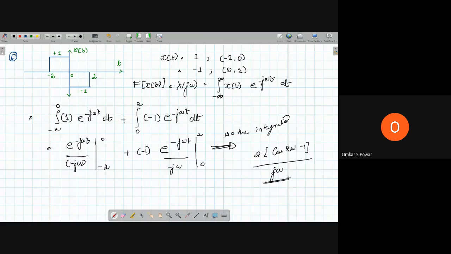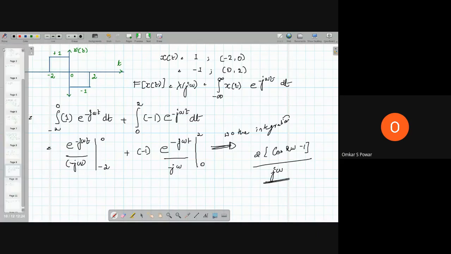Just see the problem, understand what is the question given, and write accordingly. There will be some problems in the exams where they'll ask you to solve Fourier transform using properties. So first understand the question. When they ask to solve using properties, you can't use this formula and solve. I have explained the properties, and based on those properties we have to solve that. Those types of problems we will see in the upcoming classes. So let me go to another problem for today.